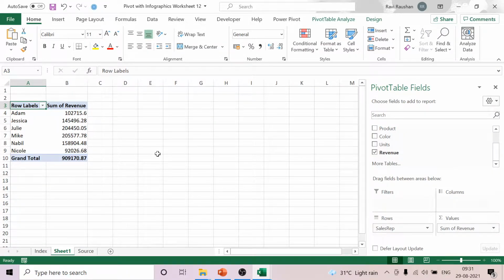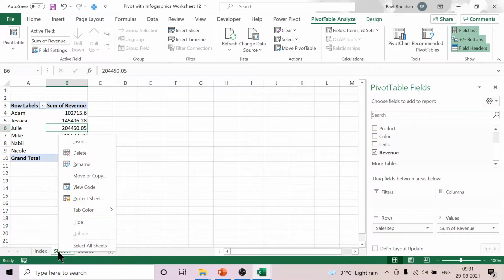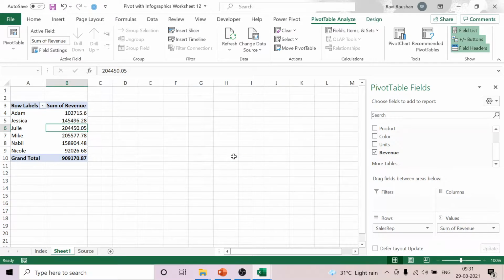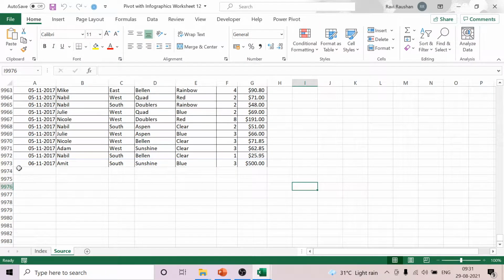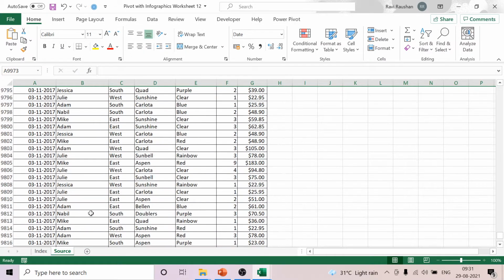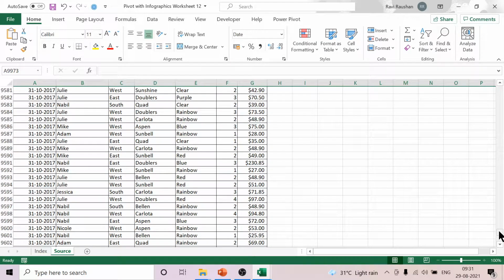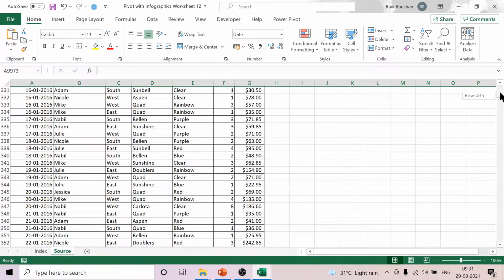But the problem is that because I have invoked the pivot table from a range rather than a table, this data will not be reflected here even if I refresh it. Right, and that's a problem. So your data is not dynamic, so accordingly your analysis is also not dynamic. So that's why when I am dealing with live data, it's important that I convert my source into a table. Then my data becomes dynamic and all the problems are gone. Whenever there is a change in the data, I need to refresh the analysis and things will happen.